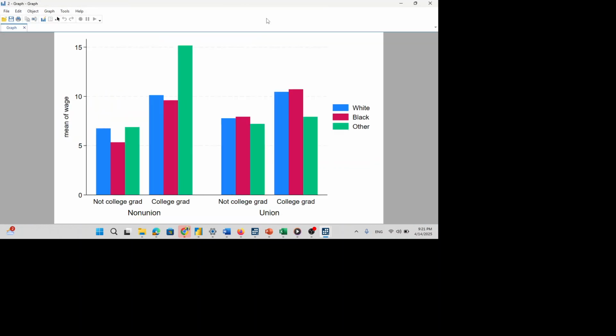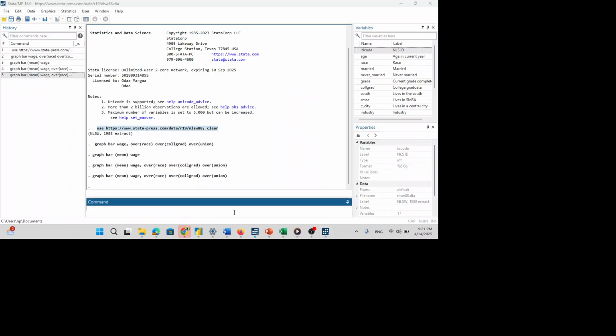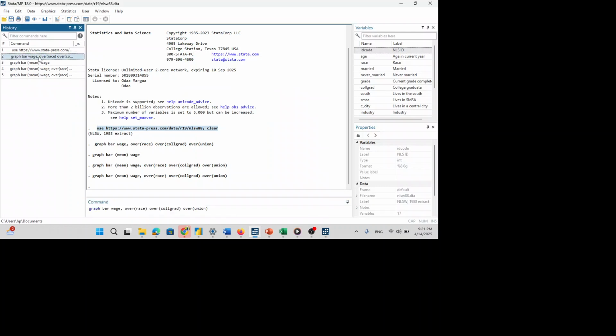So this is the graph. I just forgot to use the which: the first graph bar which, comma, over race, over college grade, over union. Just bar only.